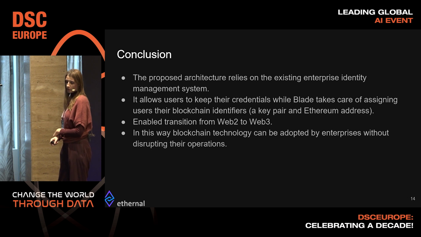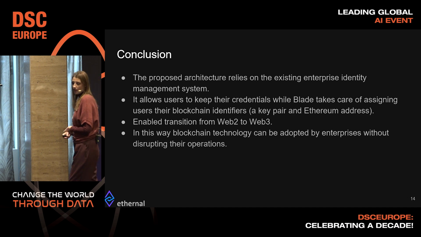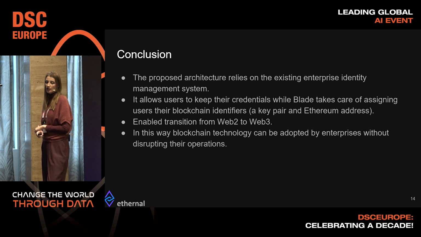This proposed architecture basically relies on the existing enterprise identity management system. It allows users to keep their credentials while the Blade takes care of assigning blockchain identifiers to end users. Basically, we saw that we have assigned the user a key pair and Ethereum address. In this way, we have enabled a transition from Web 2 to Web 3, because Web 2 is known for credentials that are used as an authentication mechanism. Now, our users, besides their existing credentials, have